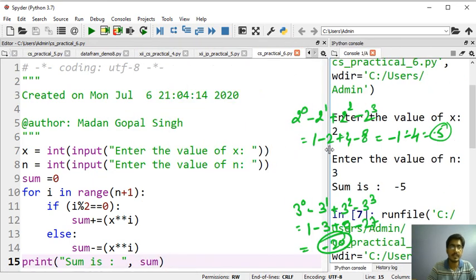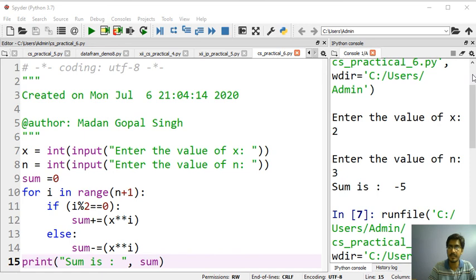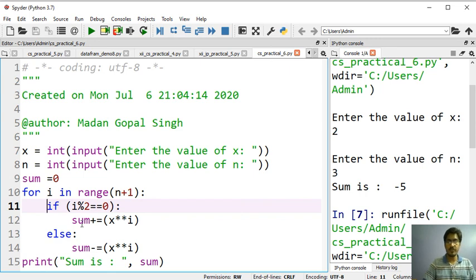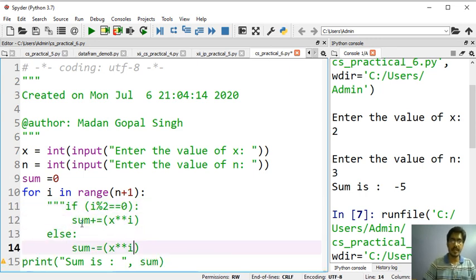Now we will see the some different logic, that I have told you without this if else condition. So what you can do, comment this whole thing and do the one line if you want to do without if else condition. Okay.